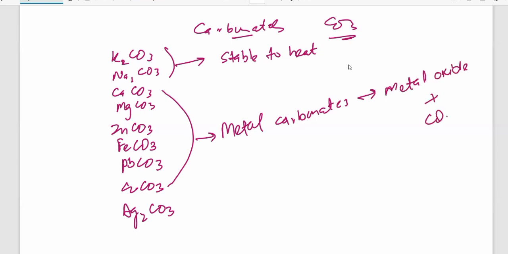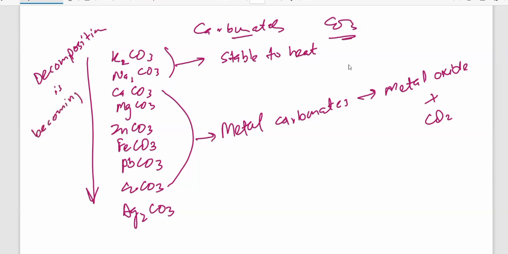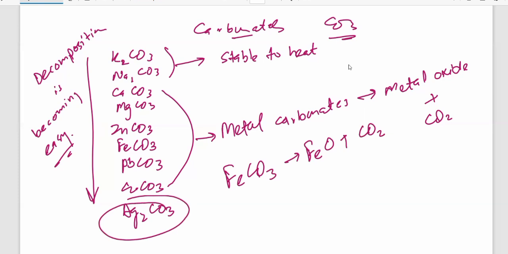प्लस कार्बन डाइऑक्साइड। चलें ऊपर से नीचे आएंगे, जितनी हीट हमें कैल्शियम कार्बोनेट को देनी पड़ेगी, उतनी हमें जिंक को नहीं देनी पड़ेगी। Heat is decreasing from top to bottom, ठीक है। Decomposing carbonates is becoming easier। तो ज़रा आप देखें FeCO3 है, तो क्या होगा, FeO बन जाएगा आयरन ऑक्साइड और साथ कार्बन डाइऑक्साइड बन जाएगा।